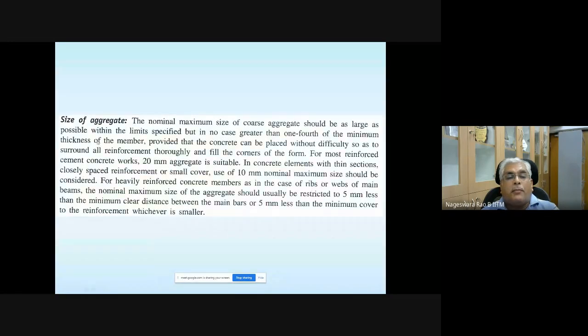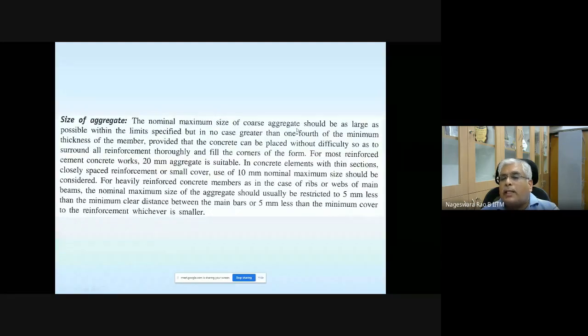1/4 of the minimum thickness of member. So you know what kind of member you are actually casting. Suppose you have a slab. Slab is 150 mm. Usually it's going to be between 100 mm to 200 mm in ordinary structures.